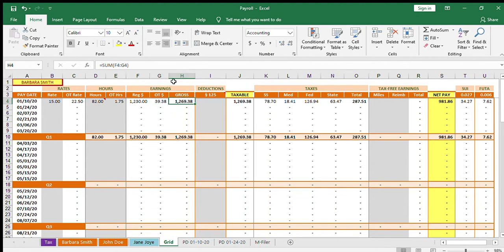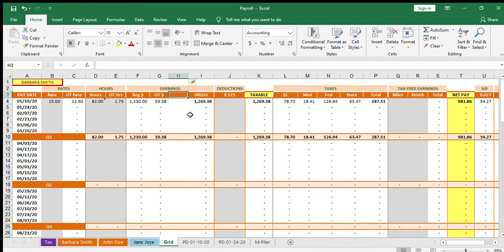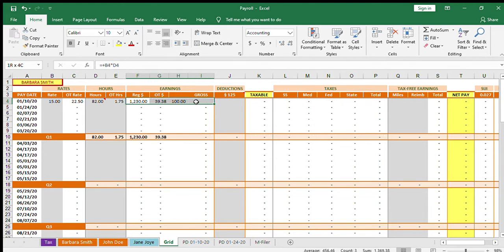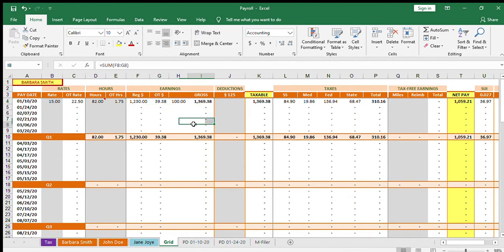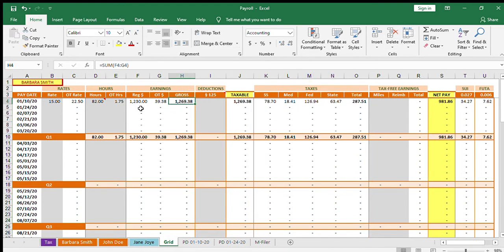But again, if you have multiple earning types that need to be multiplied by the rate, you can just go ahead and add those columns in here, whatever you want it to be. It could be miscellaneous, it could be retro, it just doesn't matter. It could be a flat amount of $100. You don't have to give it a name. Just remember to update your formula when you do that. So your formula would update, and that's what it would be. But for the purpose here, we're not going to do that. So we're going to delete that column and just have this times that, this plus this,